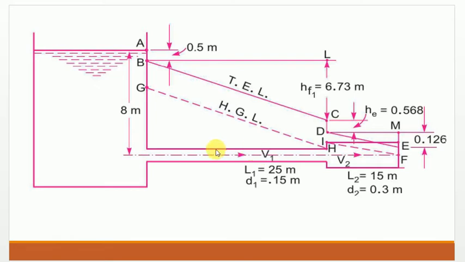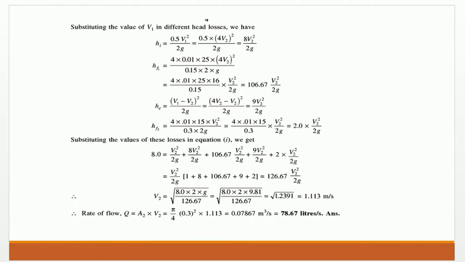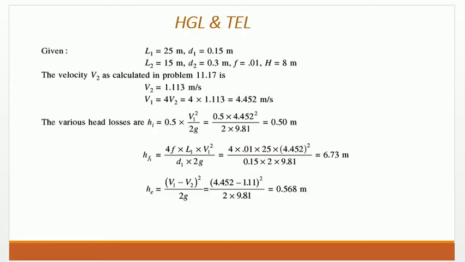a pipeline. If we want to find it at this length of pipe, we draw a vertical line from x to y, so we can find the amount of energy present. Okay, right. The sample problem I have taken from a textbook. We have already discussed the same problem under losses in pipes, where we derived and solved it and found the rate of flow. Here, for the same problem, we're going to find the head loss, total energy line and hydraulic